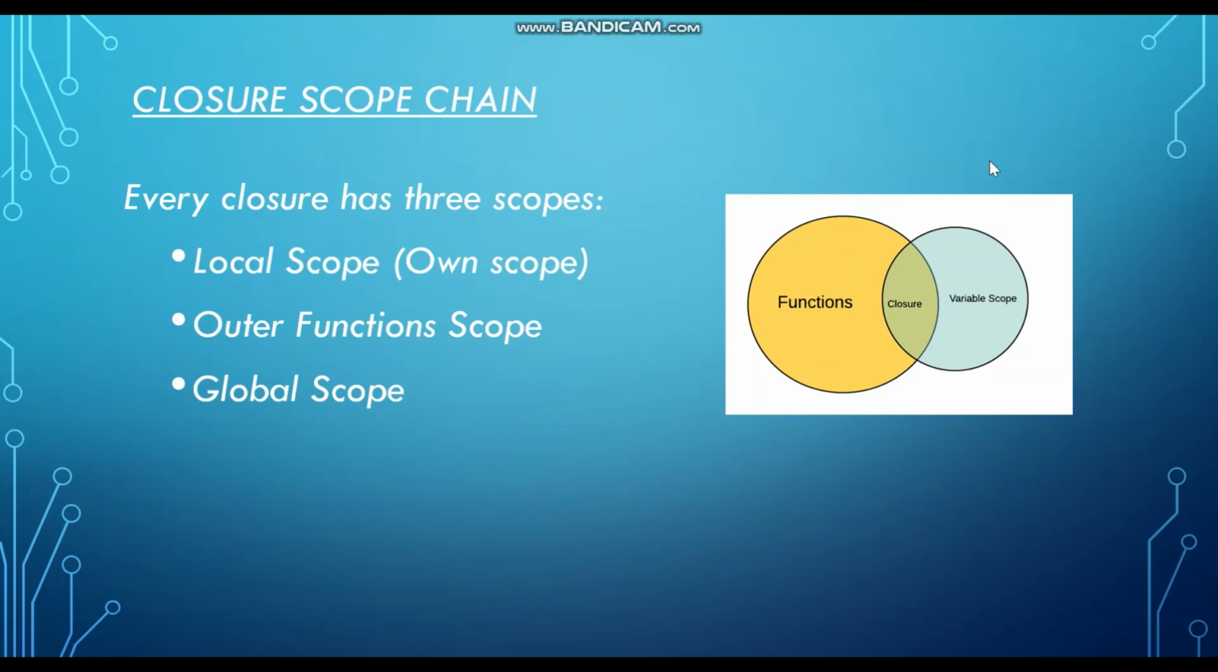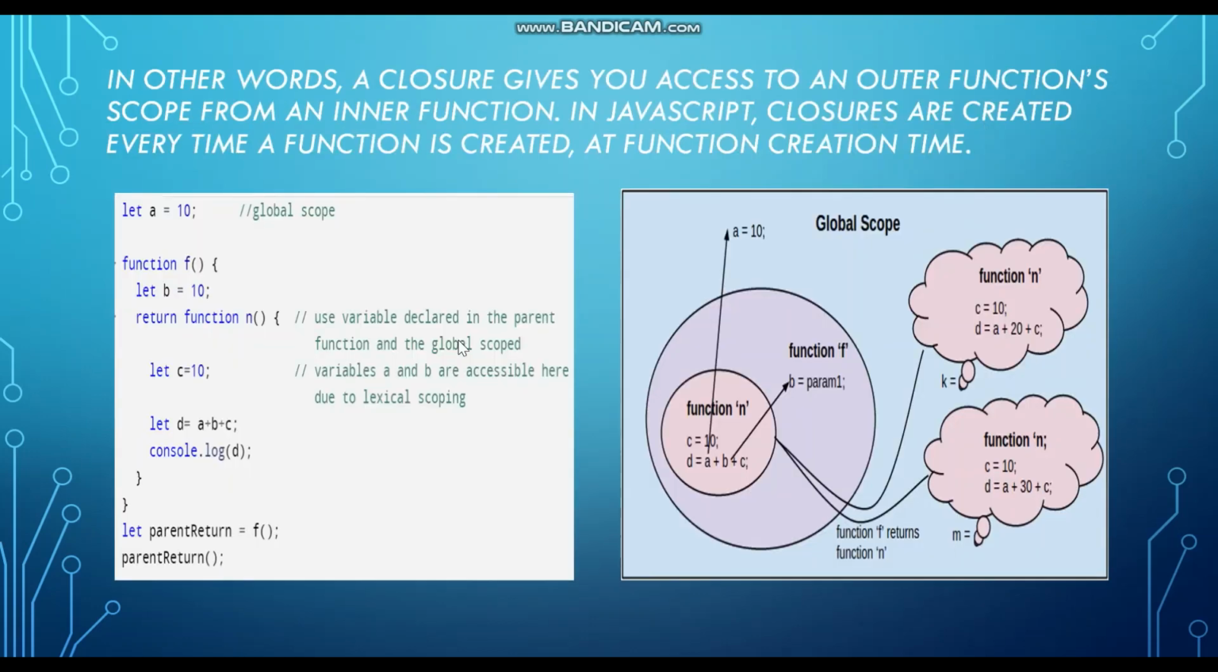Now, guys, we are going to talk about the closure scope chain. Every closure has three scopes: local scope, outer function scope, and global scope. Let me make you understand the same with the help of an example. You can see an example on the left where function f has one variable b and has an inner function n. So here you can see clearly the same in the right side picture that function f has variable b and has an inner function, that is n. For function f,